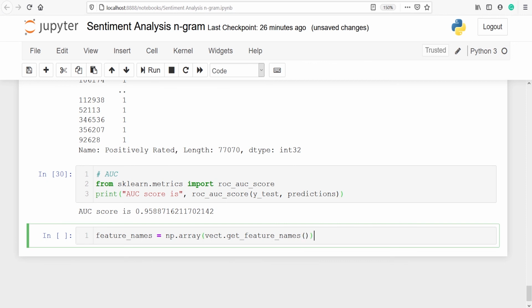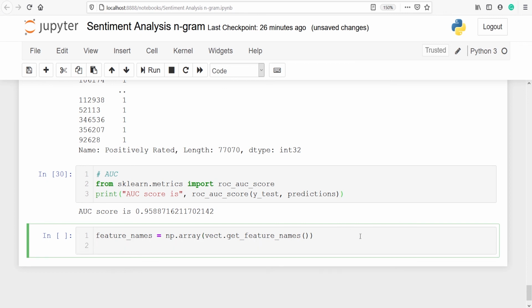So we got the features, and we will save this in this variable feature names, and then we will sort it and save in a new variable, and the new variable is sorted underscore coefficient underscore index. We will call our model, and from that we will call coef_, and we will pass the index 0, and we will pass the function argsort here. Let's execute our code.